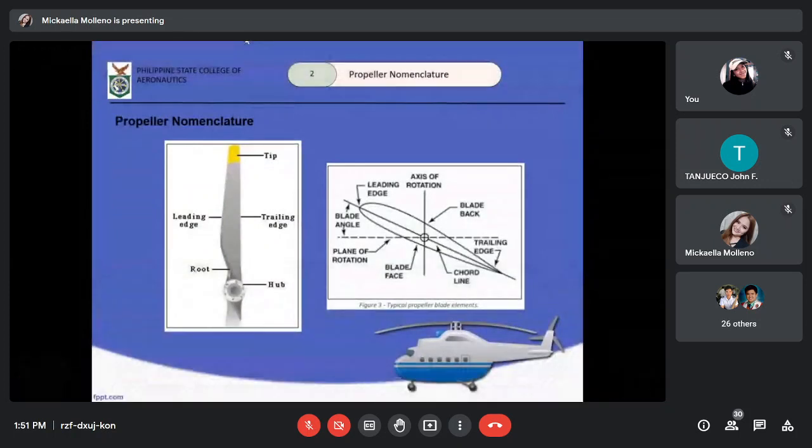Blade angles. They use removable blades that are secured to the rotating hub assembly by a set of what we call the clamping rings. The unique terms here in these elements, when we compare it to the wing airfoil, are the blade back and blade face. So always take note, baka malito lang kayo since medyo identical siya, blade back and blade face. Blade back is yung cambered side and blade face is yung ating flat na side.